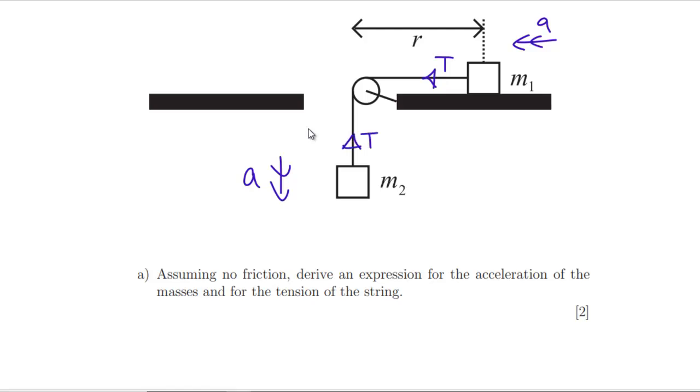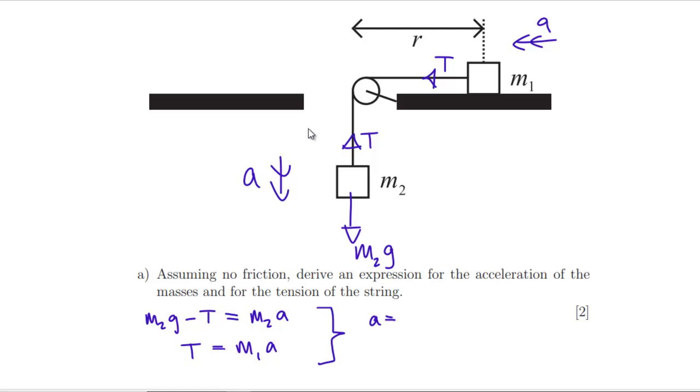So we're doing 2 lots of F equals MA on this. Oh, let's put the weight in. So we're going to have an M2G going down there. So M2G minus T equals M2A. And we're going to have T equals M1A. So we can add them together, which means we're going to get the